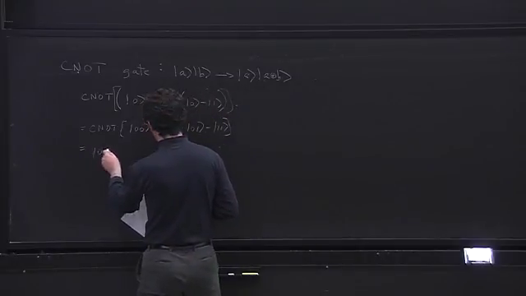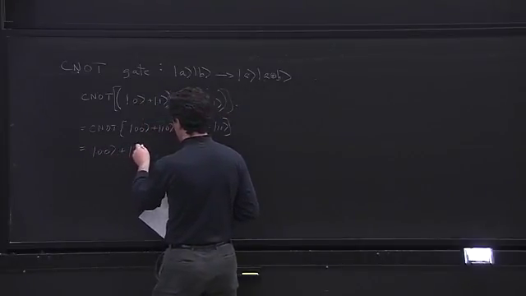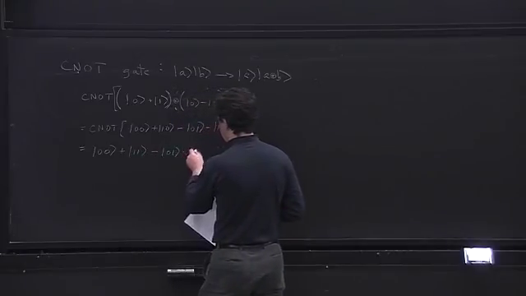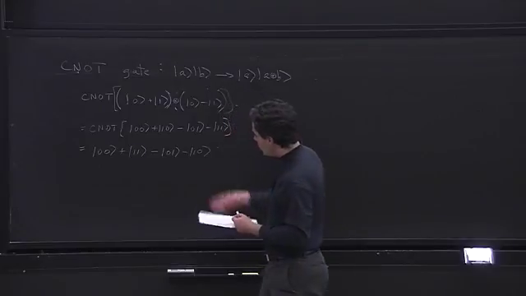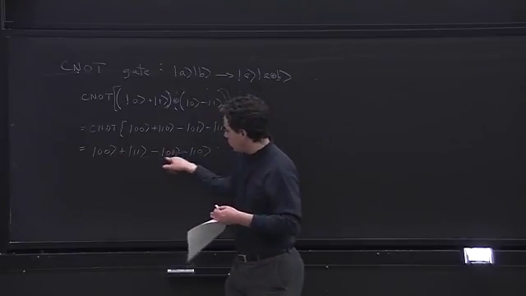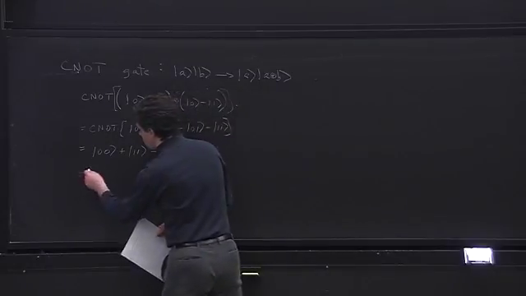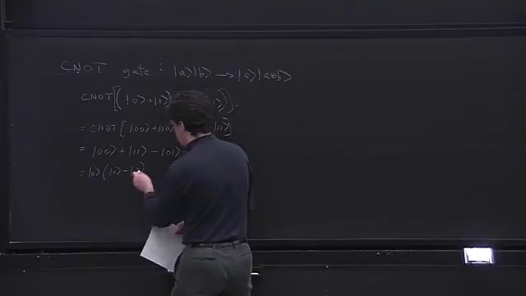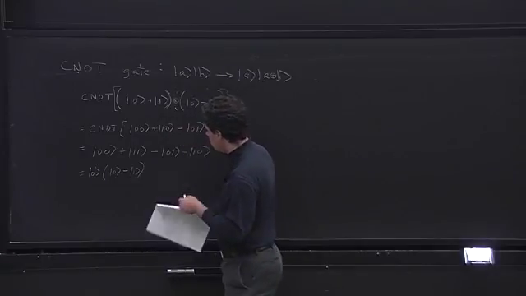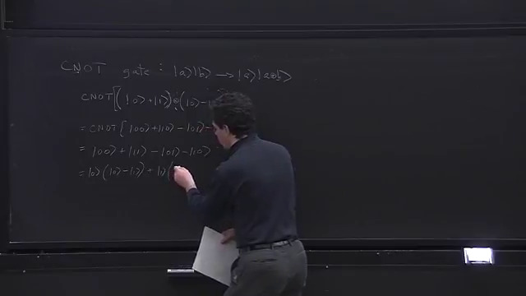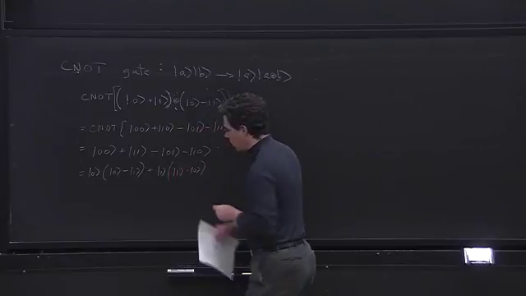And so we get 0, 0 plus 1, 1 minus 0, 1 minus 1, 0. And now we can reorganize this by capturing the 0 here. So we get a 0 times 0 minus 1, and then plus 1 times 1 minus 0,